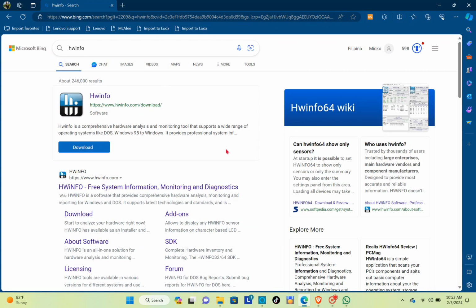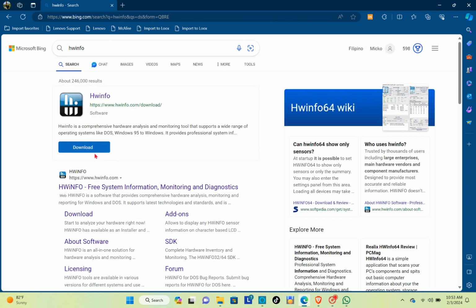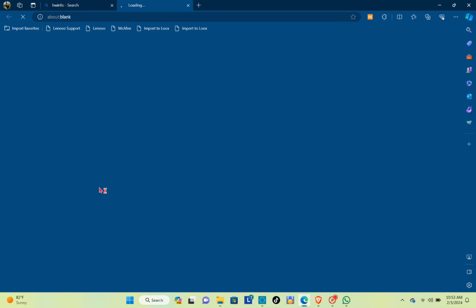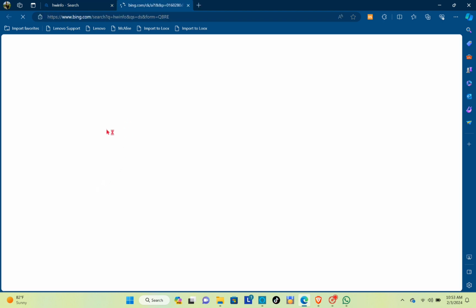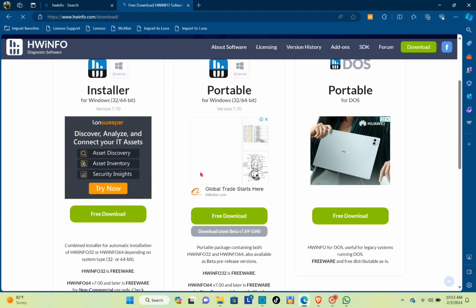And today I'll be teaching you how to show CPU temperature on the taskbar in Windows. So first thing that you'll need to do is to open your web browser and then type out HWiNFO. And when you see this website, just click on this one right here. Now you can see the free download, so you will then just have to click on that one and you'll